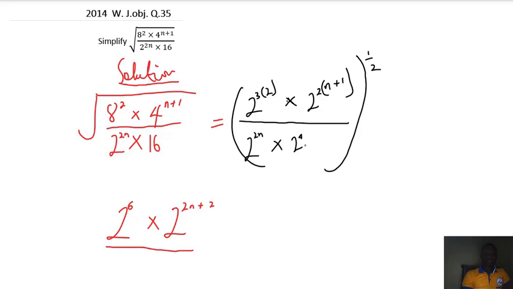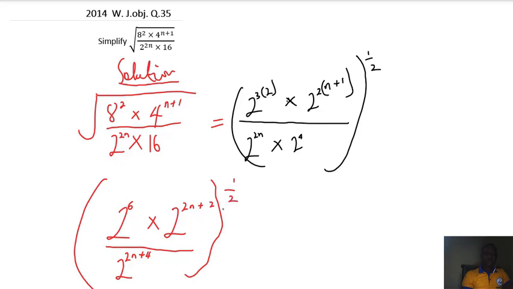All over, then here because the bases are the same, we are going to add the exponents because there is a multiplication sign here, so we have 2 exponent 2n plus 4, and we have all this one